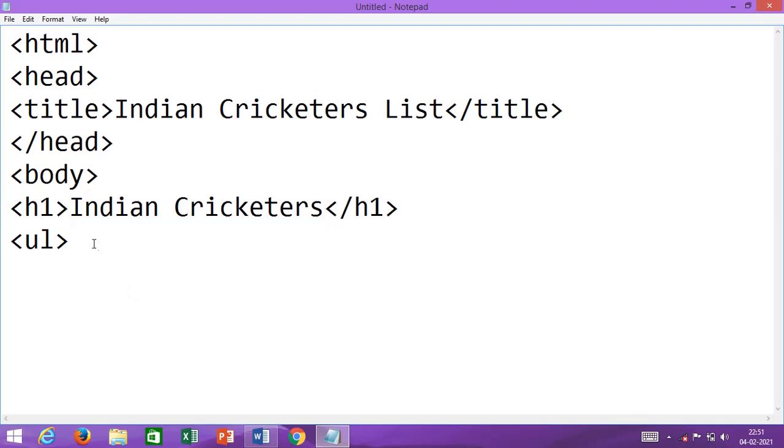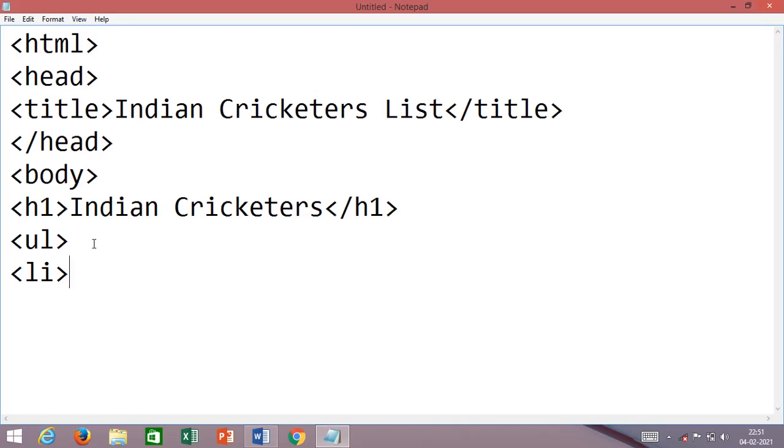As I said, this is an unordered list, so the tag for unordered list is UL. After that we will always enclose each item with the li tag, that is the list item tag.